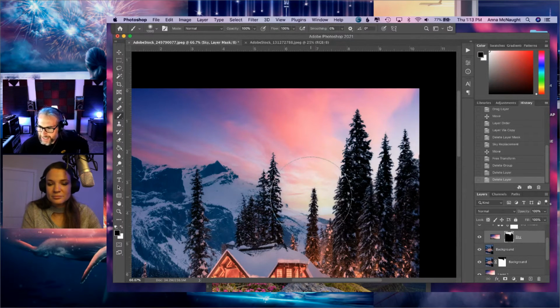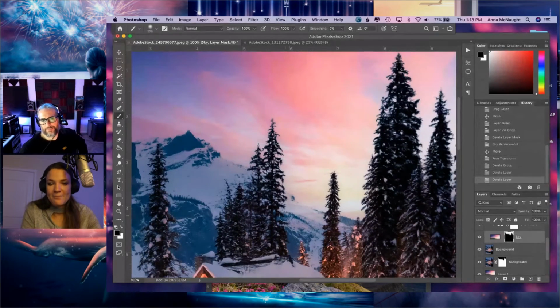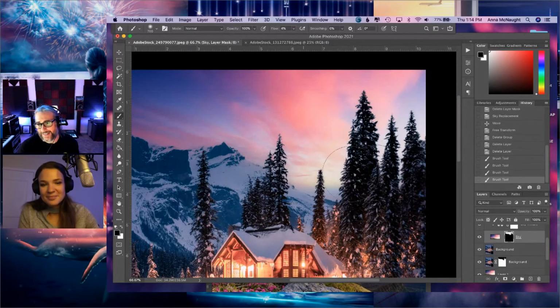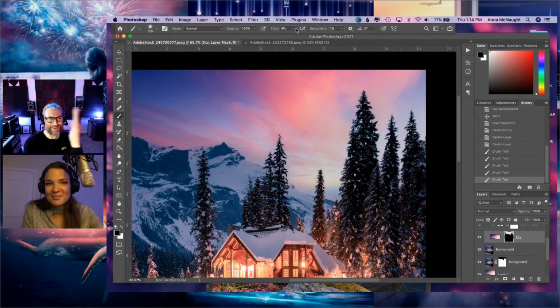Royan Descartes asks, replacing the sky in PS with its AI sky tool, is that still considered fair? We were talking about this yesterday, right? It's fair if you're doing a composite, and as Anna mentioned, she's a digital compositing artist, known for doing this kind of work. That's legit. If you're doing a travel photo of this location, probably not. That's going to be on you, where your moral compass lies.